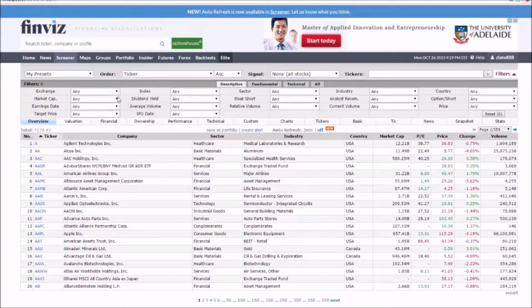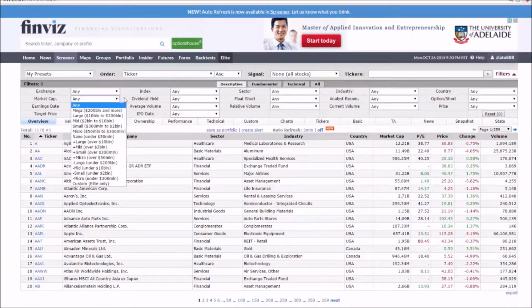Okay, first of all, you can start from, let's say, exchange. What exchange would you like to go for? Now, for me, it doesn't really matter, so I leave any. Then you can choose market cap. And sometimes it's pretty important, based on your strategy, which company you're choosing. If you look at huge companies with large cap, do you think they would be more volatile or less volatile than companies which have small capitalization? You probably understand, right? The smaller the company, the more volatility this company has.